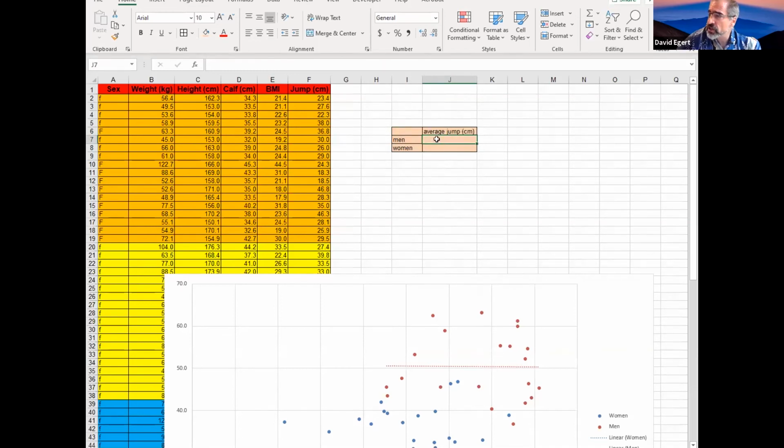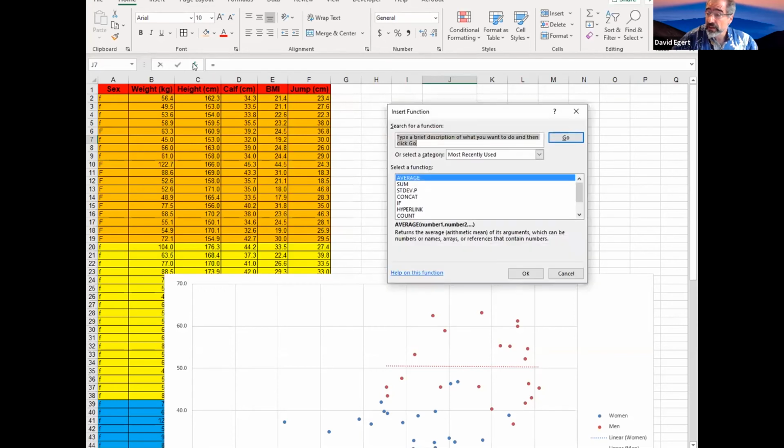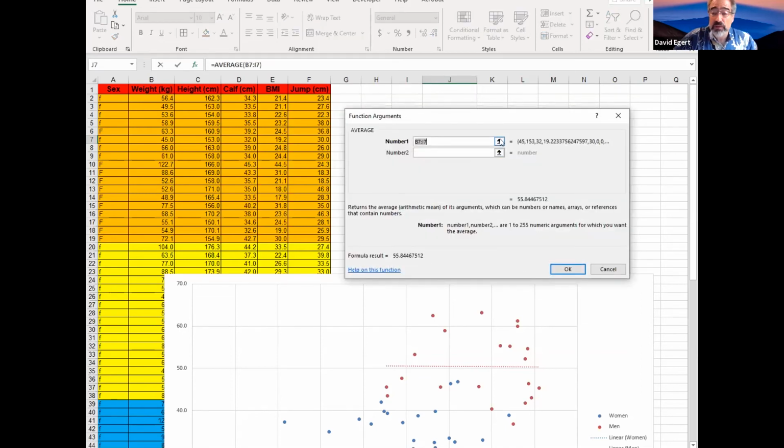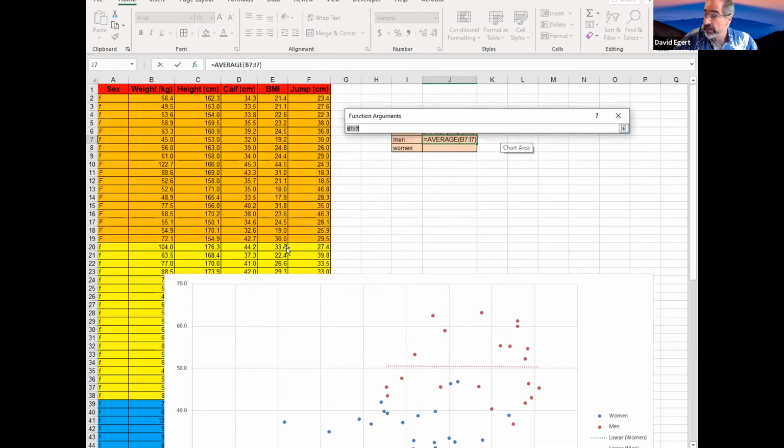So to get the average jump for men, I can just insert a formula. One of the easiest ways to insert, I just go up here near the formula bar. You can see this little f of x. That just means insert function. So I go to this f of x, insert function, and there are so many different functions. You can do so many things. For right now, I'm just going to use average. I want to insert an average. And now the same thing with that little arrow, I can say, which cells do I want to average together? I'm going to click on that, and I'm going to pick,